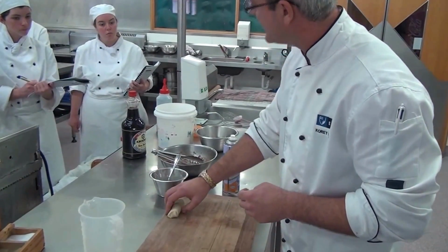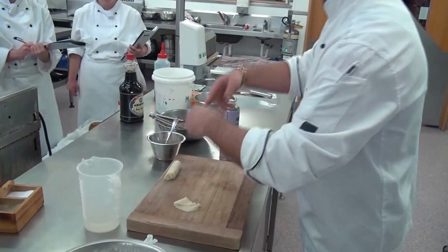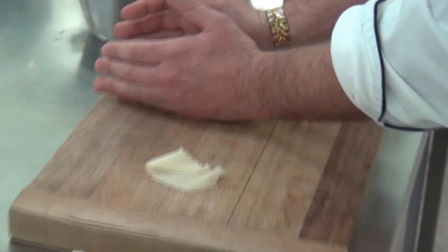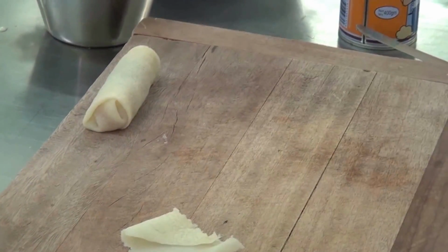So it all depends on how big your pan is, how many revolutions you get around that filling. That filling has got 3 coats going around it before you get to the end of the roll. You're going to get quite a thick coating on that. So you make your pancake slightly thinner, so that wrapping is